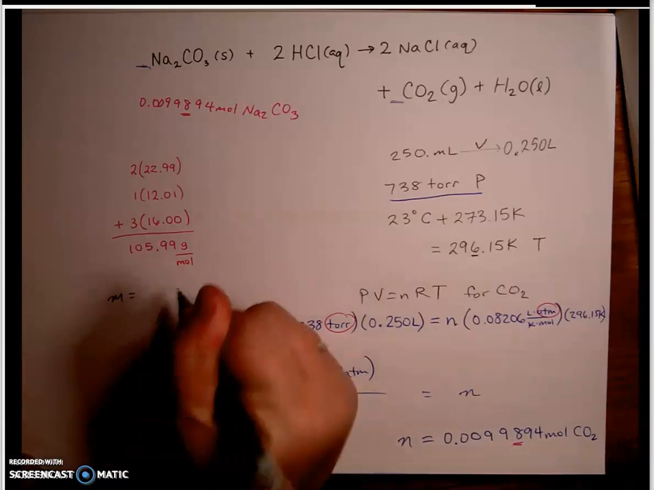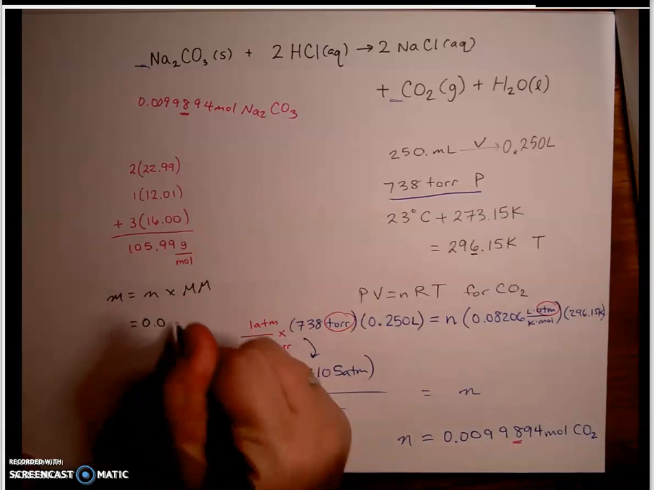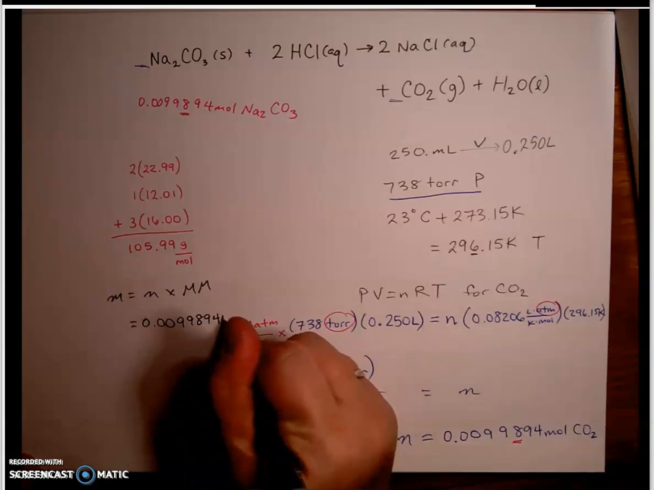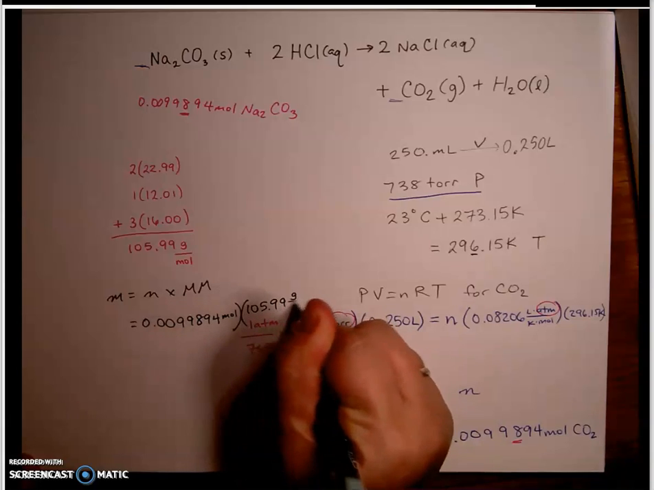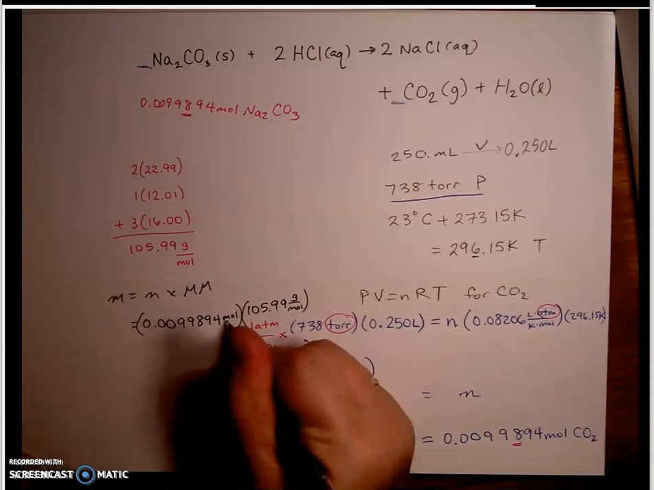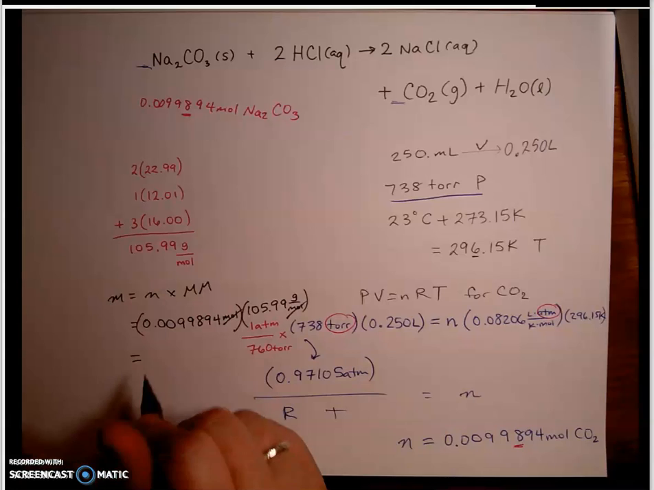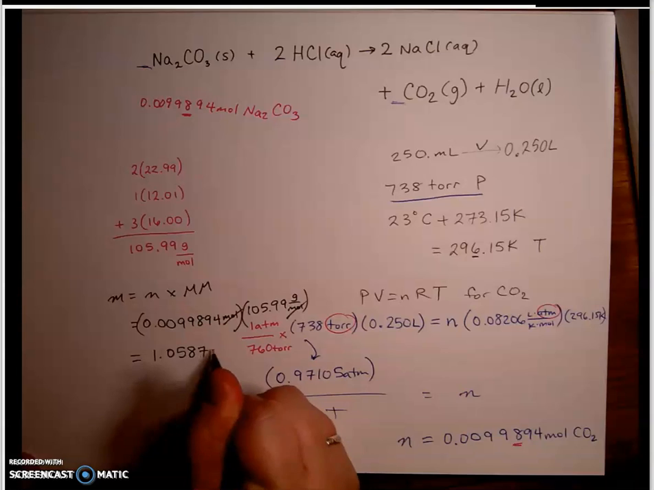So right now we have molar mass and moles. Mass is going to equal moles times molar mass, which is 0.0099894 moles times 105.99 grams per mole. Moles cancel, and I'll get my answer in grams. So plug that into my calculator, and I get 1.0587